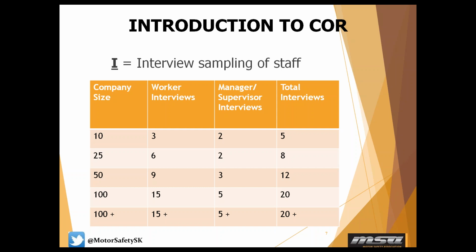These interview questions are communicated in advance. You'll receive them today, and they're included in the back of the audit tool. And each interview takes approximately 20 minutes to complete. The majority of the questions are yes, no, with a couple of short answer questions. And we do let companies know in advance how many interviews we're doing so that they can prepare as well.